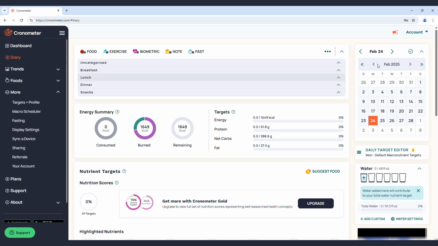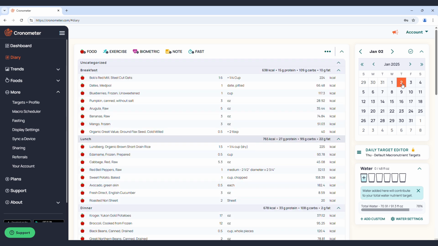So I'm going to go back to January, and as you can see, the days that are highlighted are the days where information has been entered. So I'll click on one of these. So now that you see all my food entered here, I can show you a little more about what you can do within Cronometer. If you need to change things, you can highlight the food you want to change and